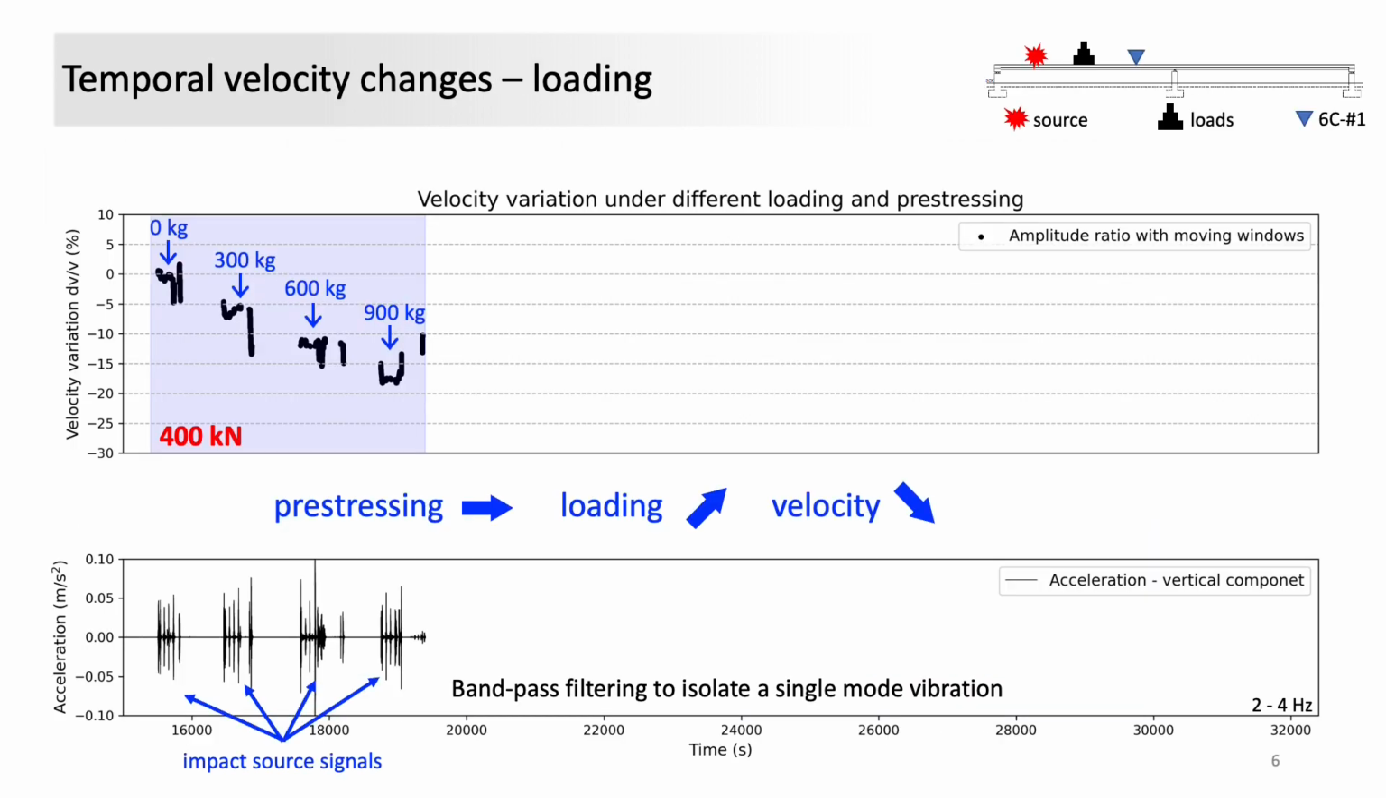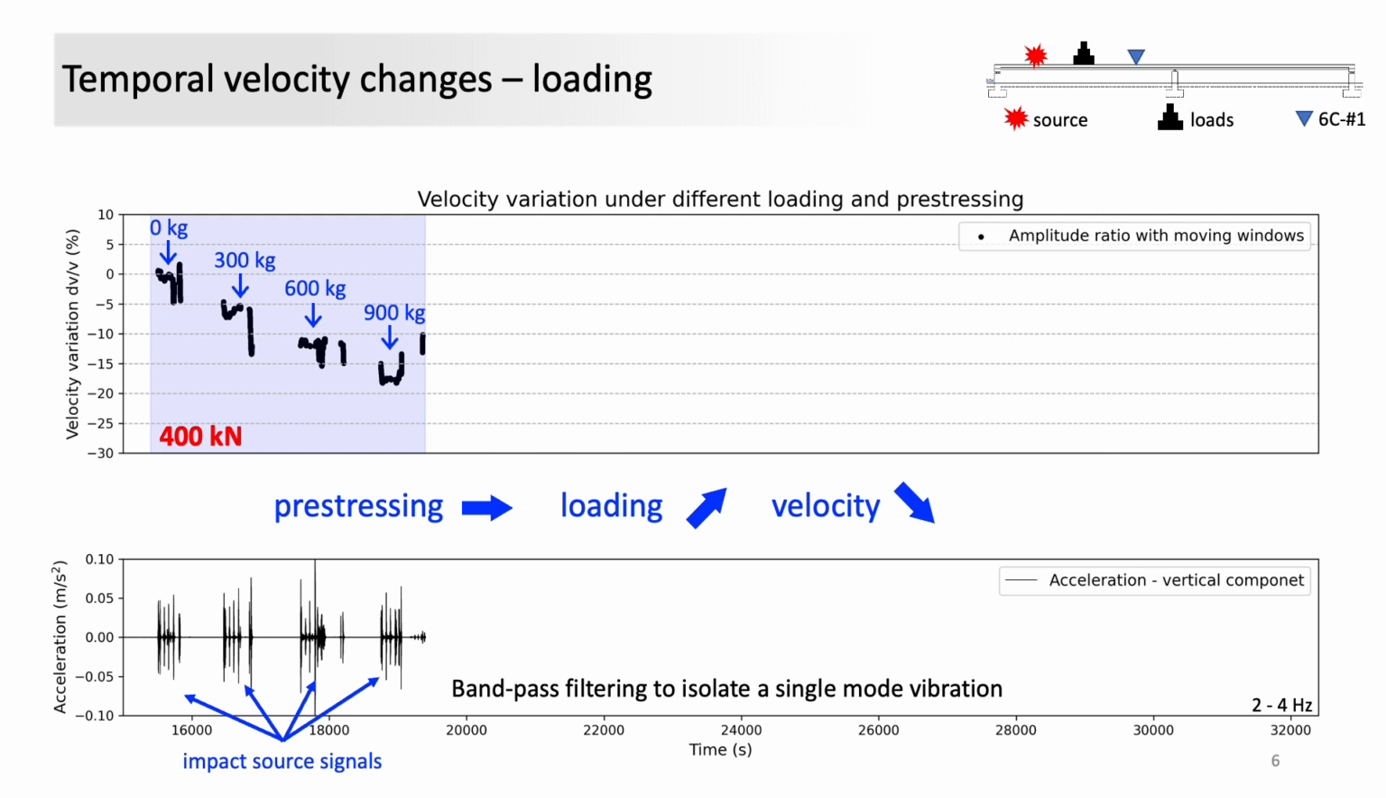Both pre-stressing and loading may lead to elastic property changes along the bridge. Let's first look at the static loading effect. The bottom panel shows the vertical accelerations caused by the repeated weight drop source. We have band-pass filtered the 6-component recordings to focus on the single-mode vibrations. In the upper panel, under fixed pre-stressing condition, which is 400 kN, we gradually increase the loads from 0 to